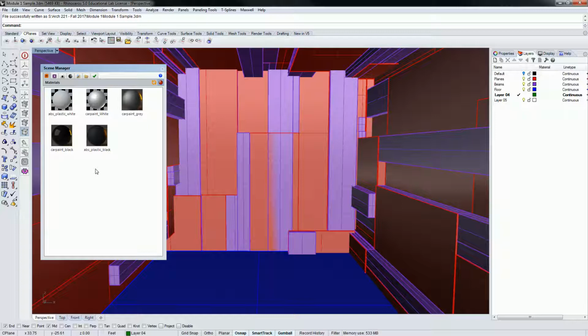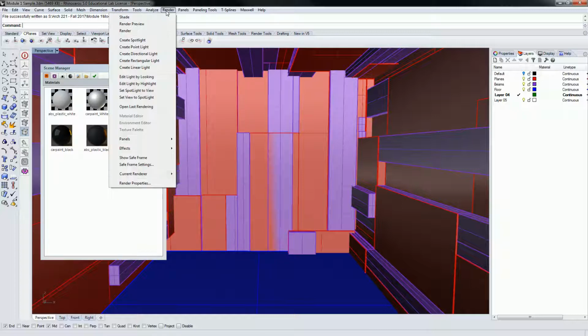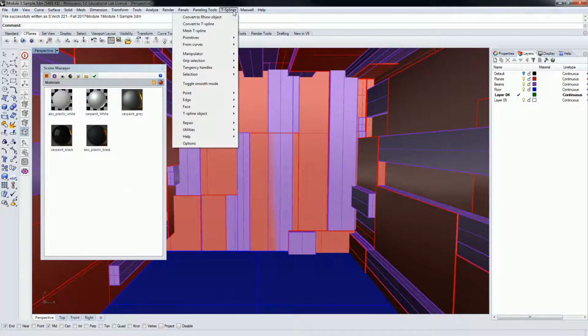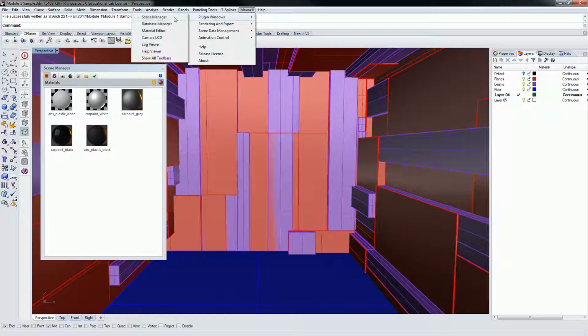Yours probably won't. If you don't recall how to get to your material library, you need to make sure that Maxwell is selected as your current renderer. So go to the render menu and just make sure that you've got the dot next to Maxwell for Rhino. Once you've done that, you can go to the Maxwell menu, go to Plugin Windows, and if you really want